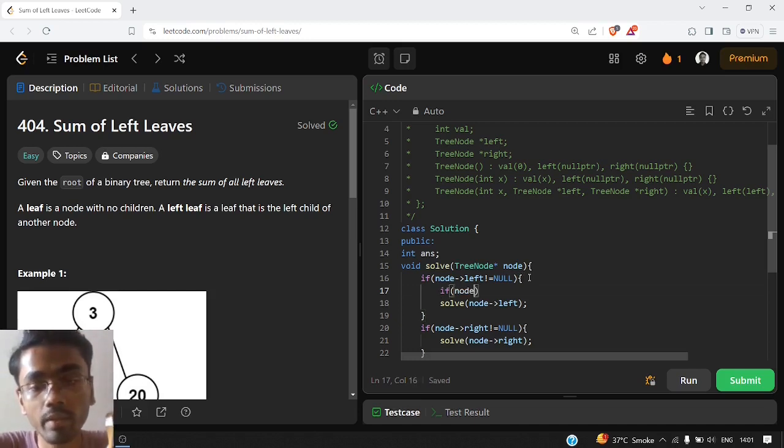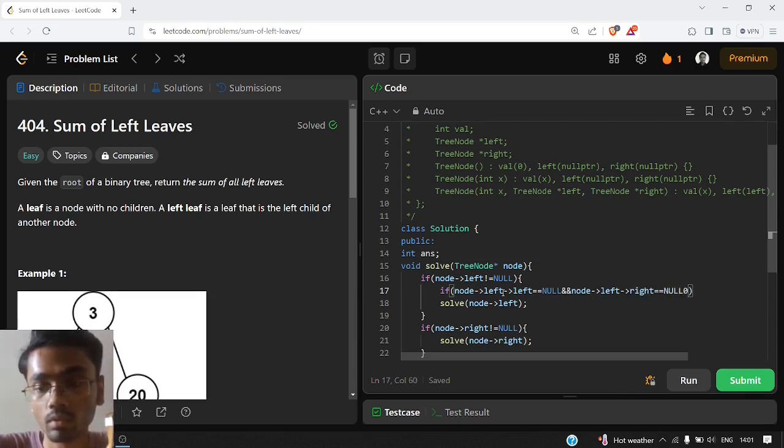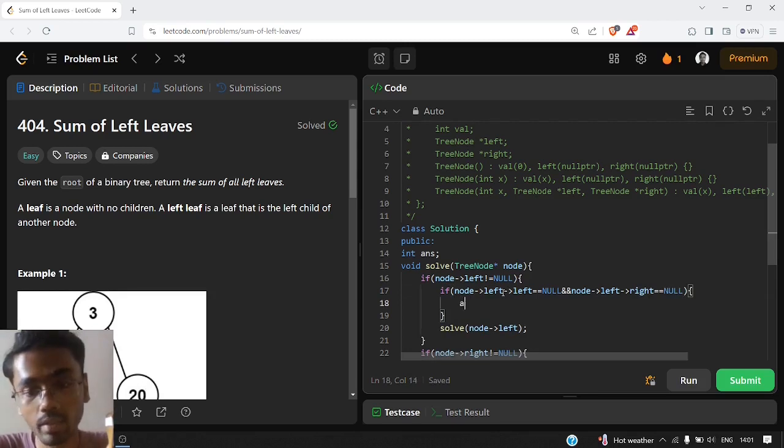So if we are traversing to a left node, we need to check whether its left is equal to null as well as its right is also equal to null. And if that is the case, then we will add the value of the left leaf to our answer.